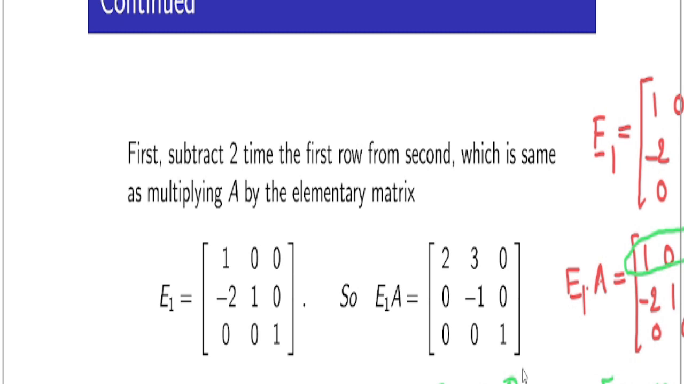Now multiply the second row of E1 A by minus 1. This is the same as multiplying E1 A from the left by